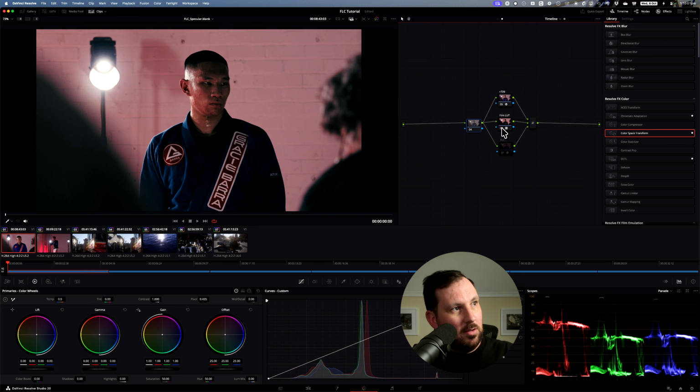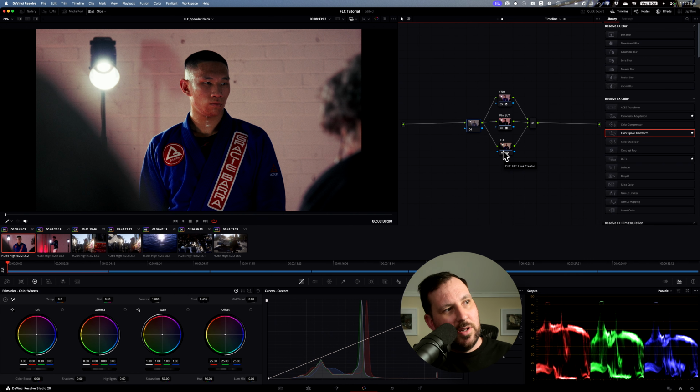So here's a film LUT. It's quite a strong look. We can see it's quite contrasty, pretty low saturation. So why would I want to use something like Film LUT Creator when I can just apply a LUT like that and it's done? Turning on Film LUT Creator, obviously we've got a little bit of a different look in play,